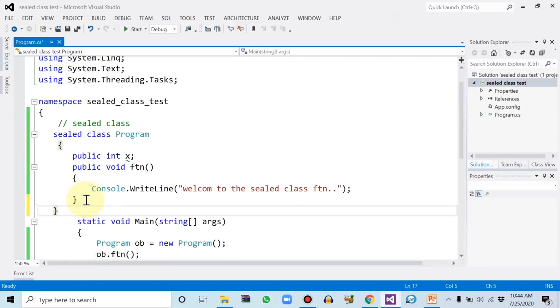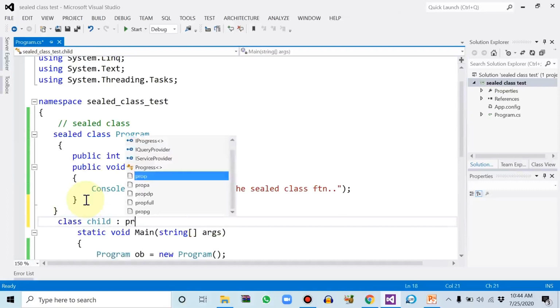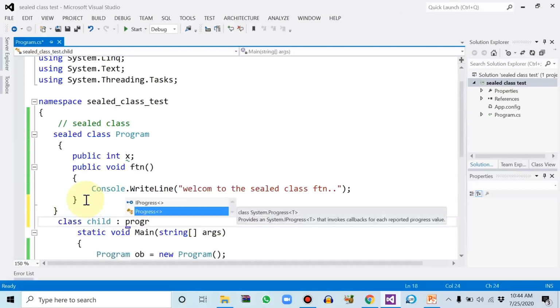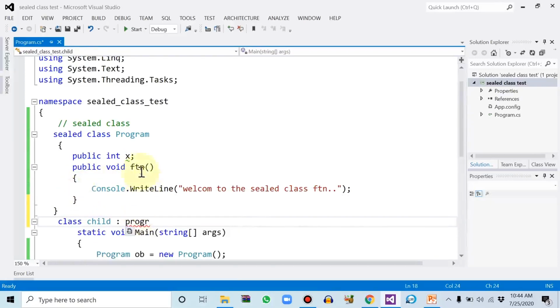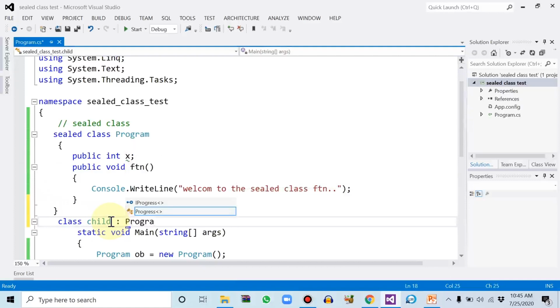let's end the body of the sealed class and start a new class having the name, let's say, child, and inherit the sealed class, that is program. As you can see, within the IntelliSense there is no program. It means we cannot inherit the sealed class. Let me write program by force. So as you can see,